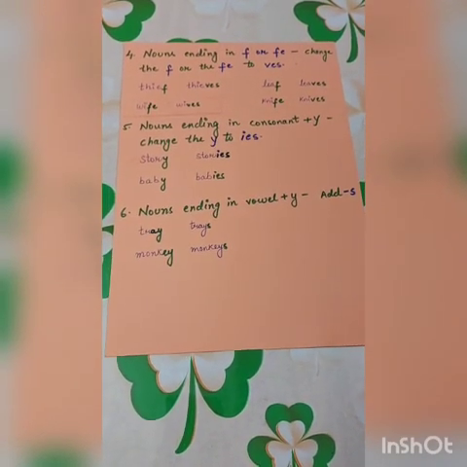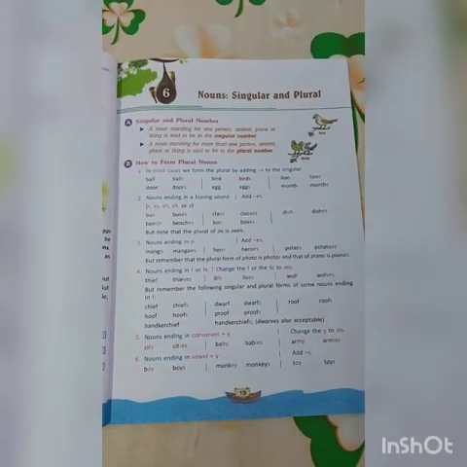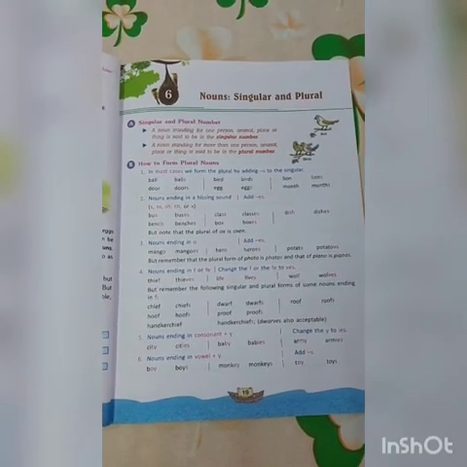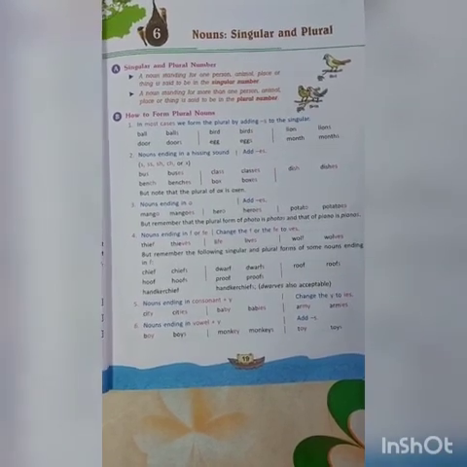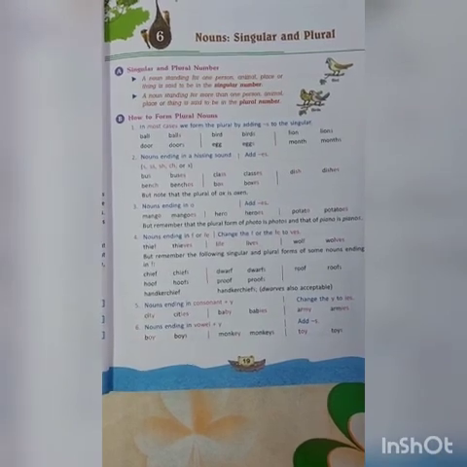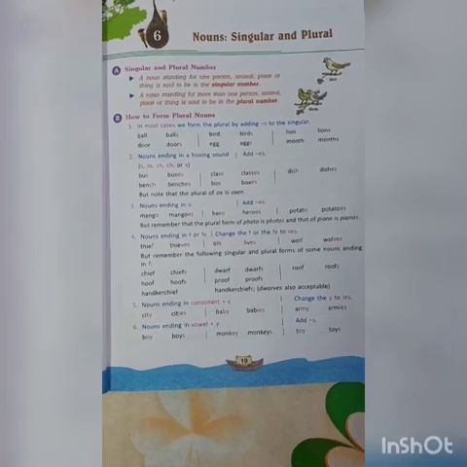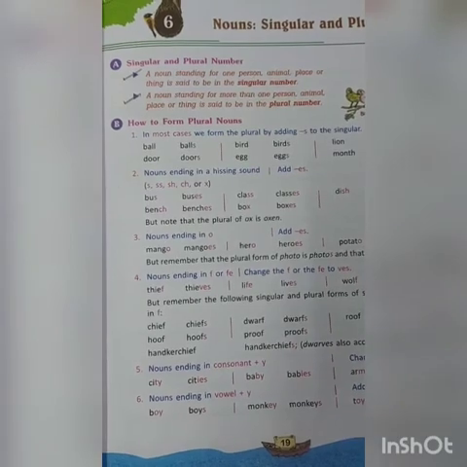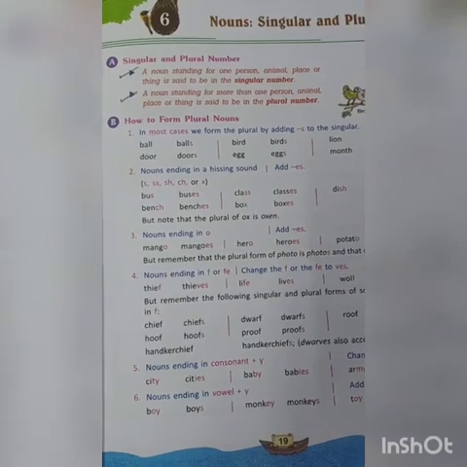So we have done 6 rules of changing singular nouns into plurals. Now open page number 19 of your grammar books. The rules to form plural nouns is given on this page, so read it very well along with the examples. Now you also have to copy the definitions of singular number and plural number from this page only in your language notebook. So I have put a tick against these definitions. Copy them in your language notebook.